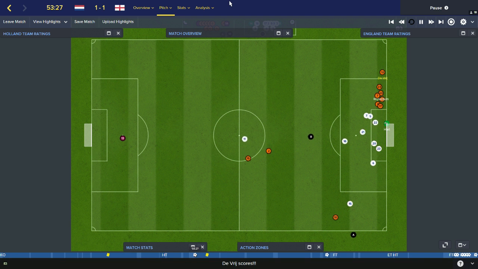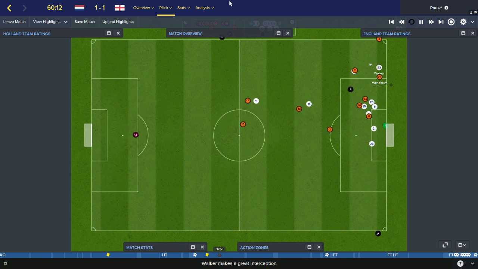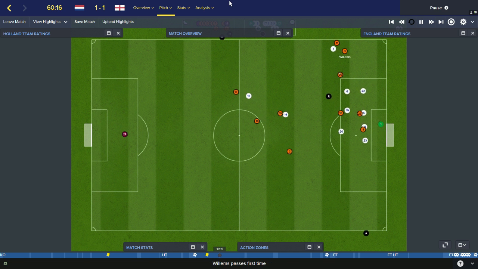Question marks about Joe Hart's goalkeeping. The shot from Wijnaldum looked eminently holdable to me. De Vries has given Holland a 1-0 lead. Willems, who's on as a substitute, now playing left back for Holland. They've rearranged slightly. Blind has moved to the holding role because Strootman has also gone off.